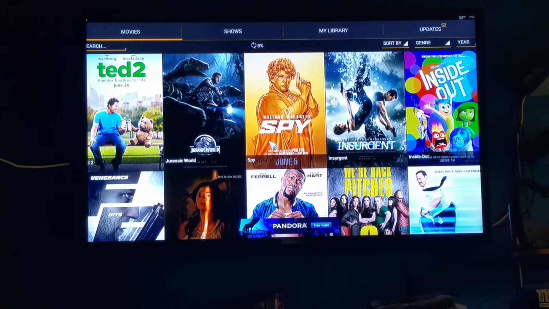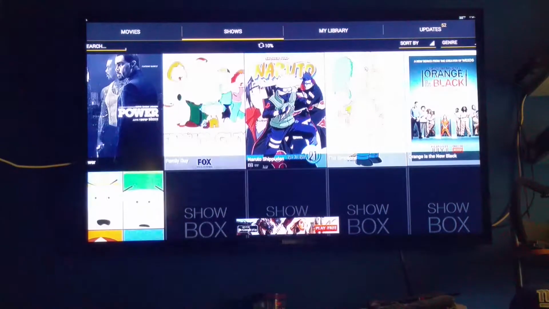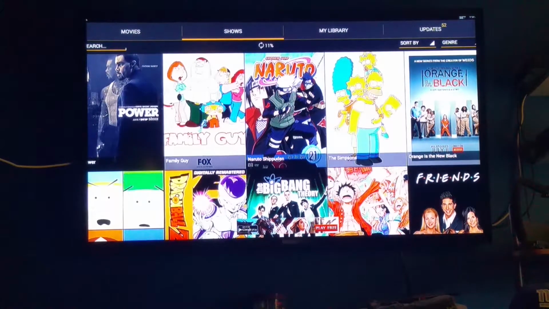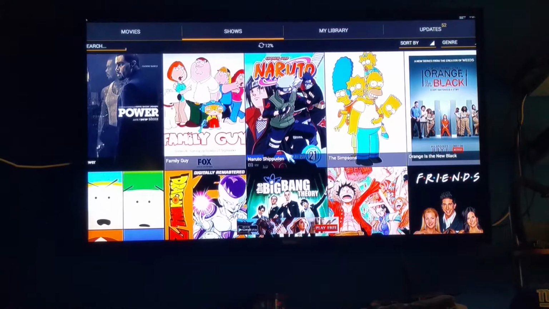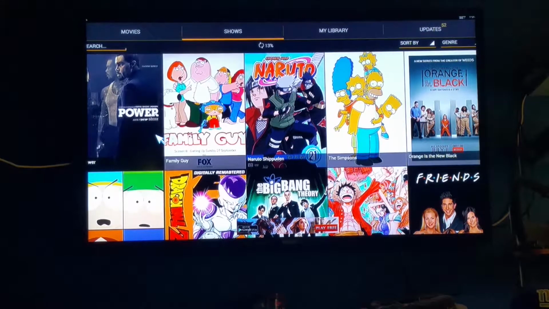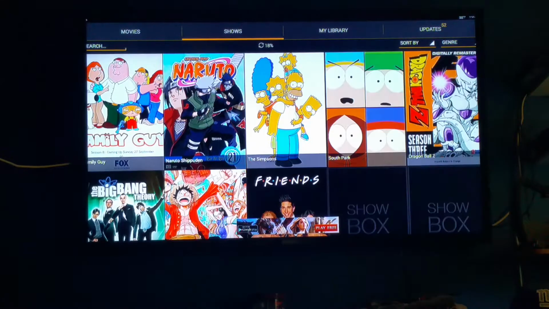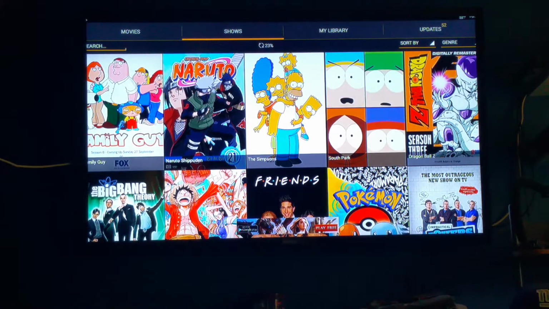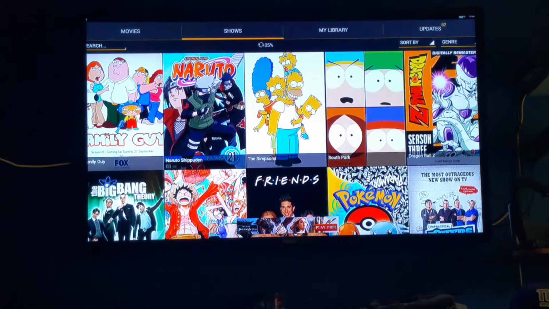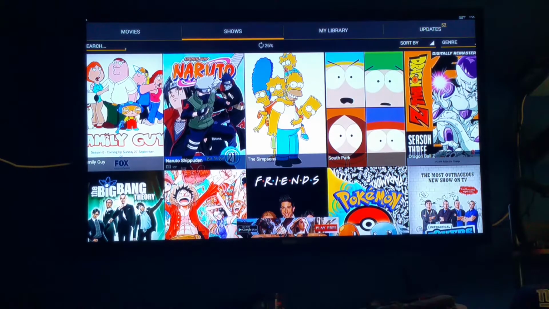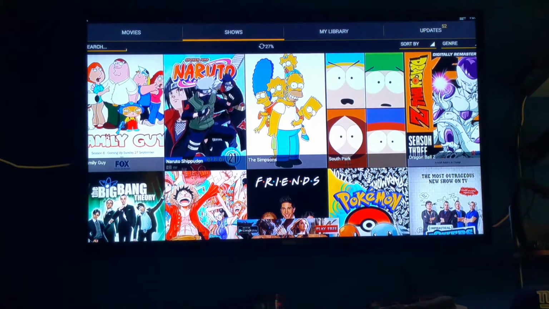I can scroll down and show all the movies. There's TV shows. All this stuff, I kid you not, everything on here is on that Kodi app. I've seen The Simpsons and the Family Guy episode together. I thought that was pretty cool. Everything is pretty much in the same place.